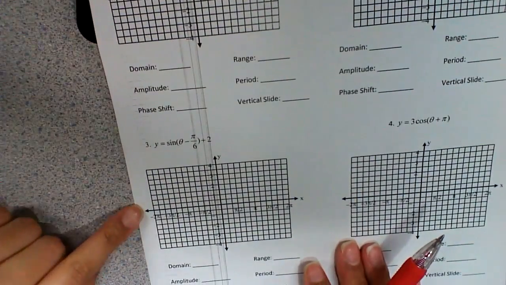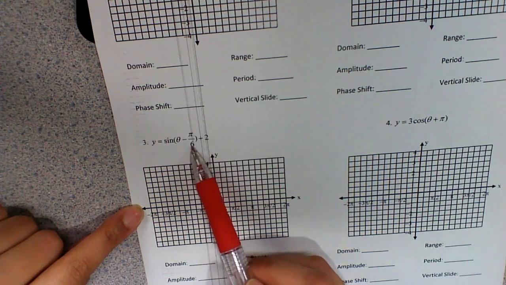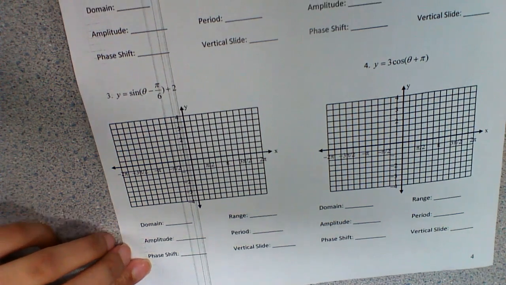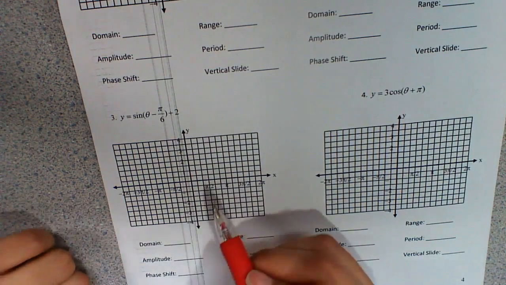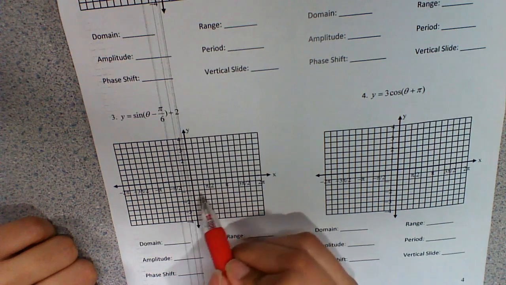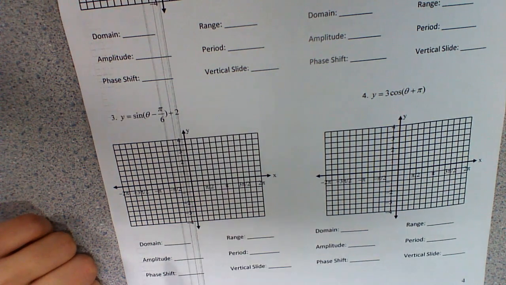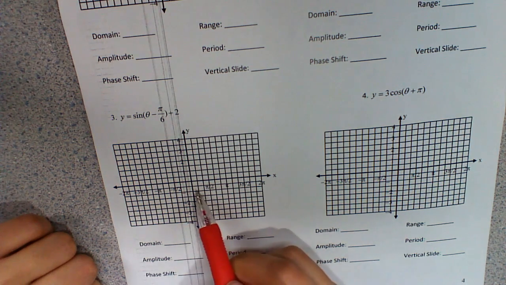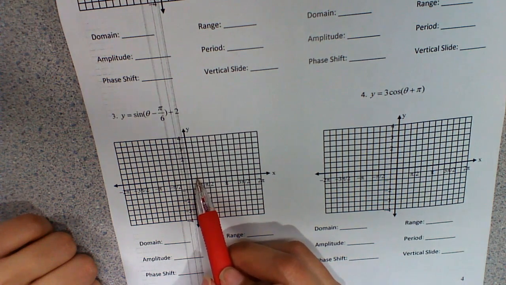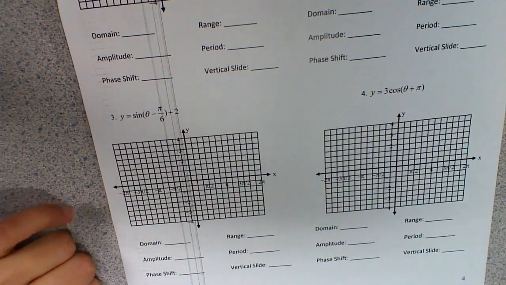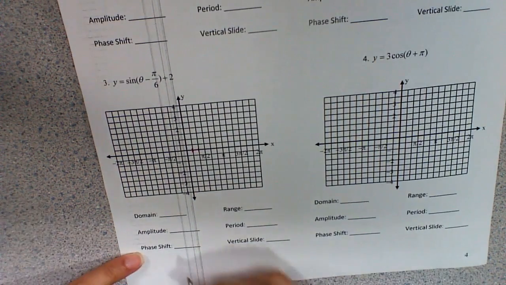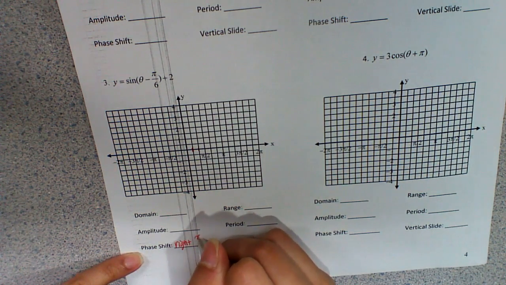So if I look at number 3, it says move to the right pi over 6. Now, pi over 6 may seem kind of challenging. However, what I want you to notice is that on your x-axis, pi over 2 is 3 marks over. Pi over 2 is 90 degrees. What that means is that every single mark is actually a 30-degree increment. And since we're talking radians, not degrees, 30 degrees is pi over 6. So every single mark is pi over 6, 30 degrees. So my phase shift is to go to the right pi over 6, which really means just right